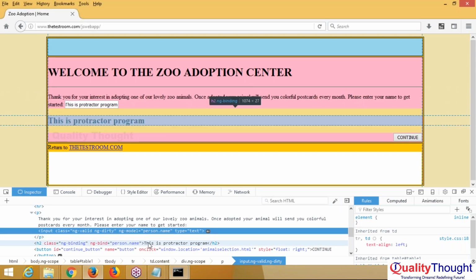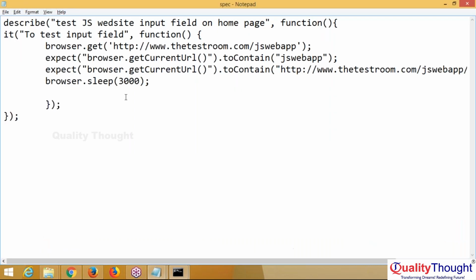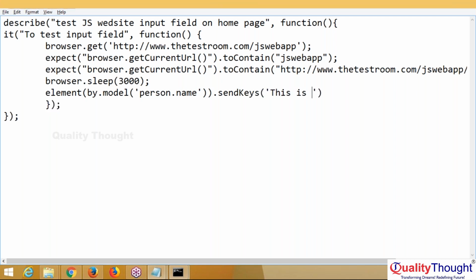So first, initially we need to pass some data to this particular field. I'm going to pass the data: element by dot model dot send keys of, this is a protractor script. I'm going to give a semicolon,